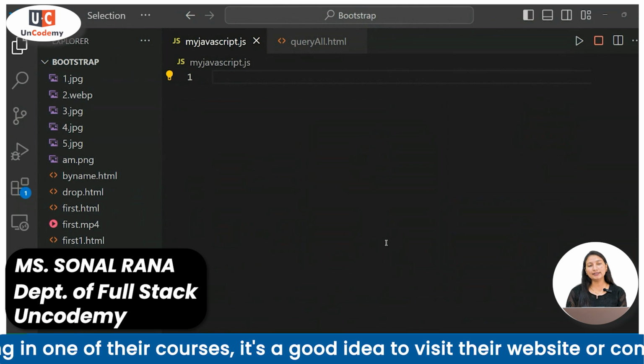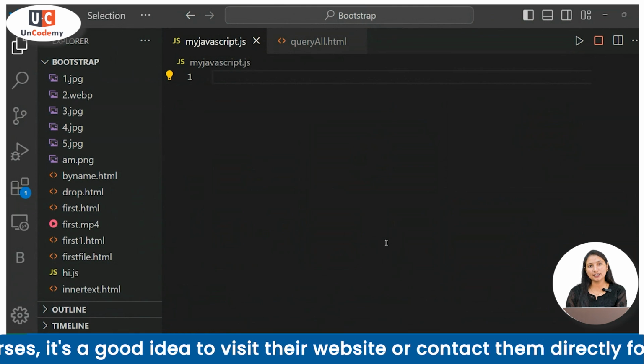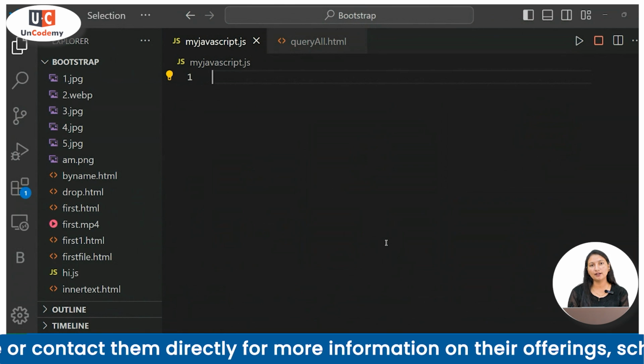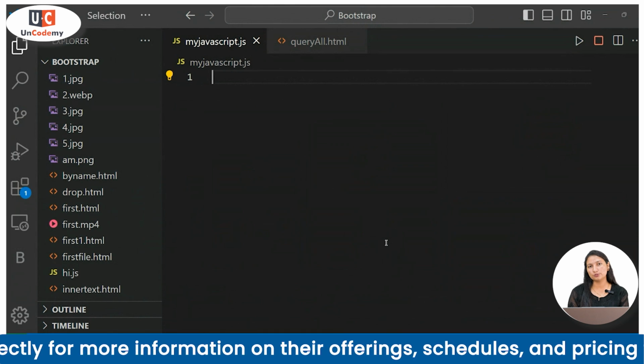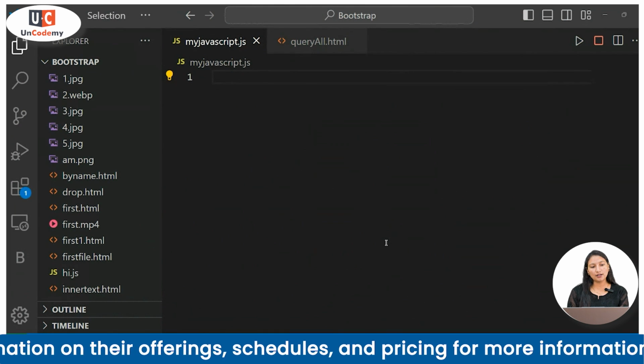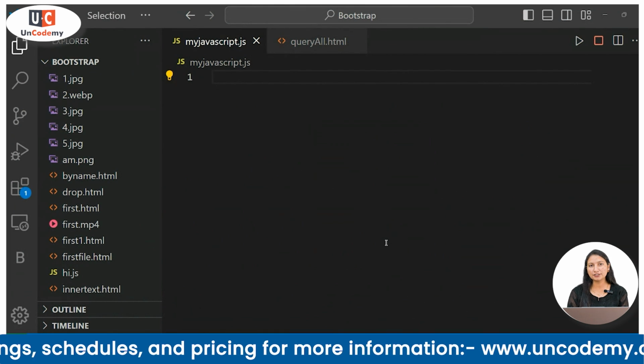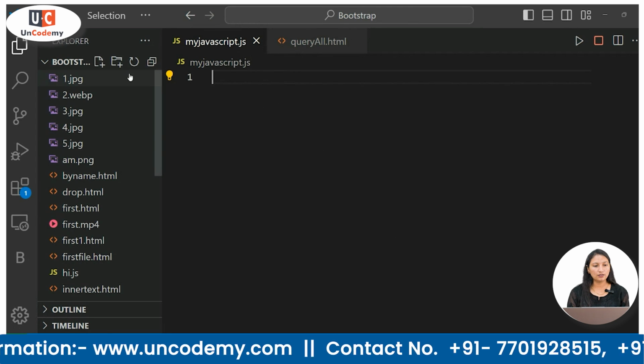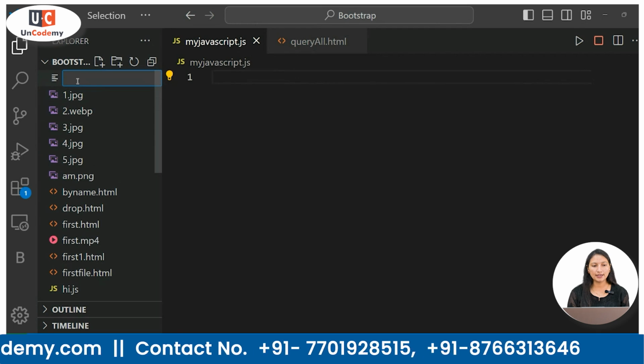Today we will start custom modules in Node.js. In the last video we discussed predefined modules and how to create a server in Node.js. So let's start with a user defined arrow function in Node.js. For example, I have one file